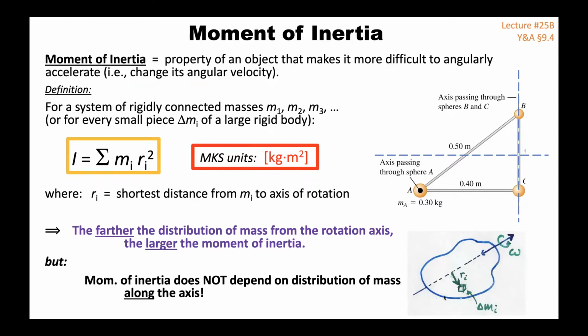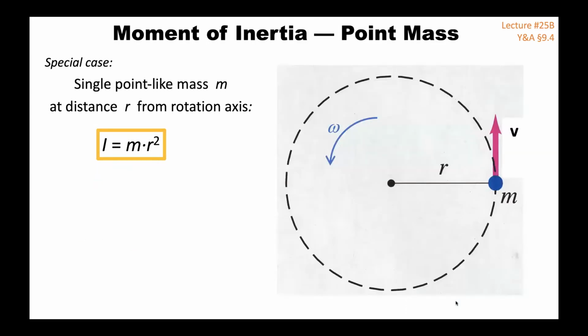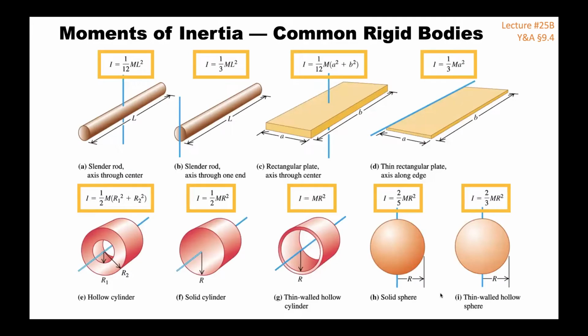In that case, we can add up a continuous distribution of mass all around this object, if we can describe this object nicely by a mathematical function. All right, well, fortunately, someone has done all those integrals for us. Someone has already done the calculus, and the beautiful thing is for common geometric shapes, assuming that